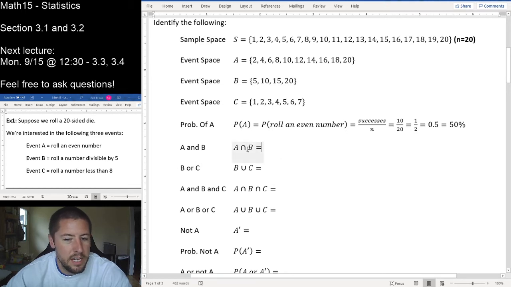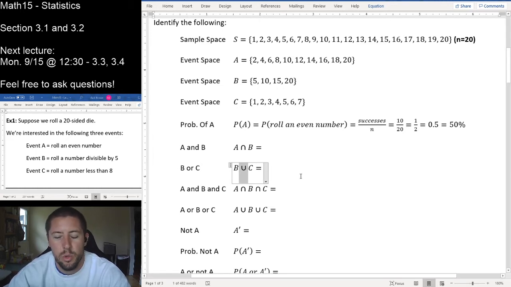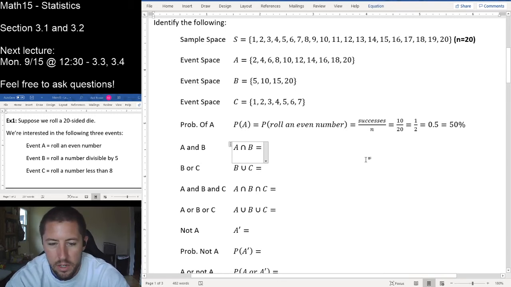For this notation right here, remember that the downward facing U shape is the symbol associated with "and", because that symbol looks to me like an N, like the N in "and". This other one is referred to as a union of B and C, as we'll see in a second, and therefore it's pretty easy to remember that union starts with a U, and we use a U shape to join those together. So if I am interested in the events of A and B,